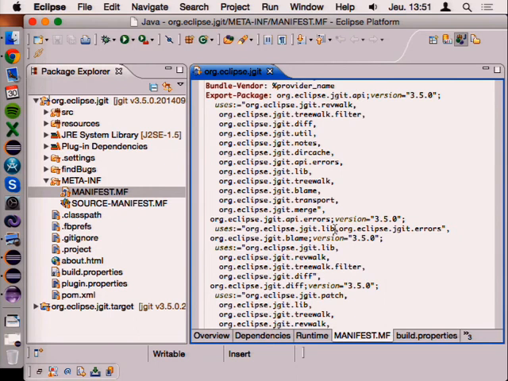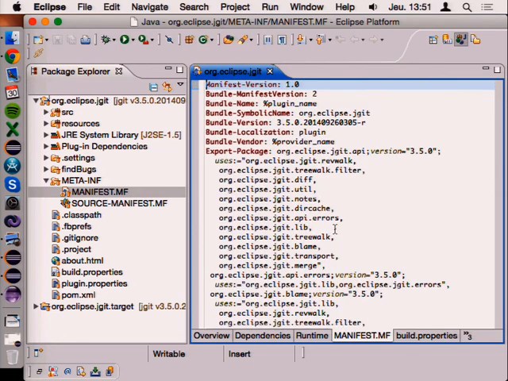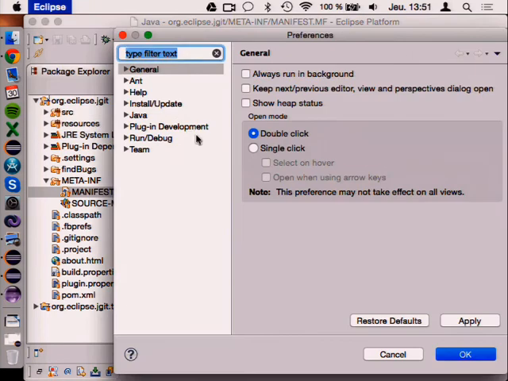So you see that this package, for instance, is exported in version 3.5, but unfortunately, it is only versioned with the same version as the bundle. So it is not real semantic versioning, it's just a convenient way to say that my package comes from a bundle that is versioned this way. So how could we help them properly semantically version their API? So the first thing is to use